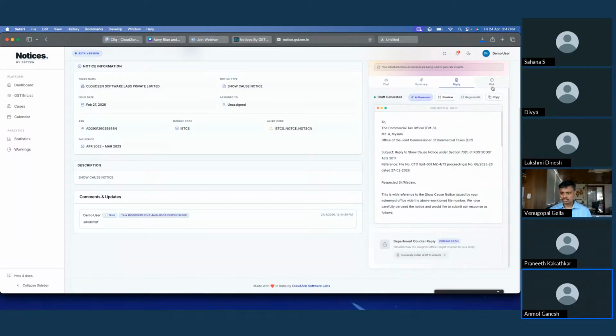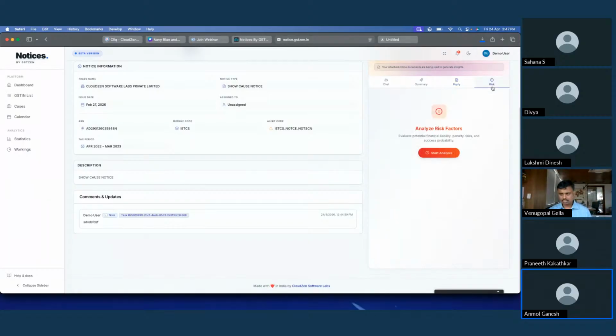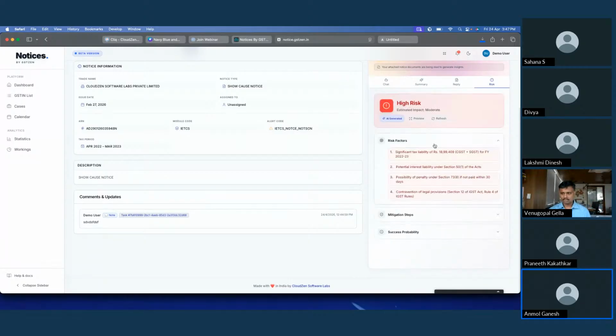And we also have this risk option. So let's say we have received a notice and we want to assess the risk level of a particular notice. We can click on the risk analysis button, and we get the risk score based on three metrics here. We have the risk factors, so it gives us a list of risk factors.